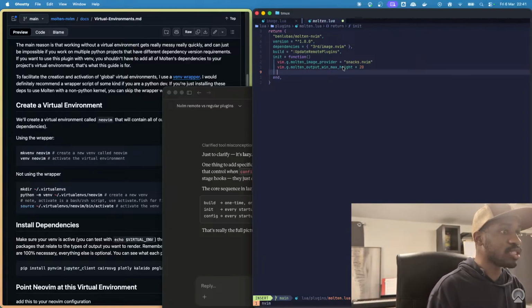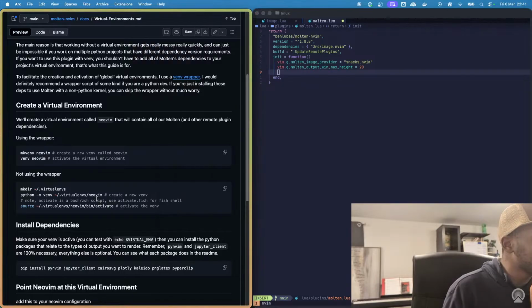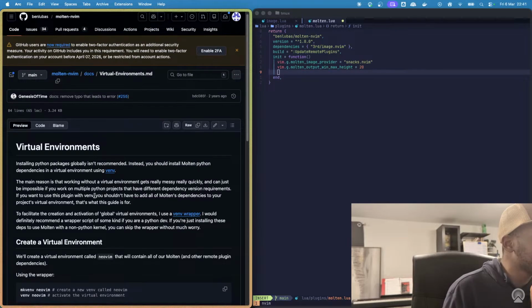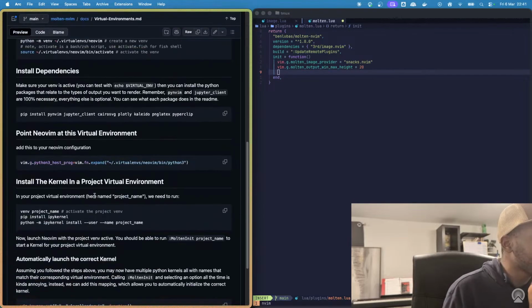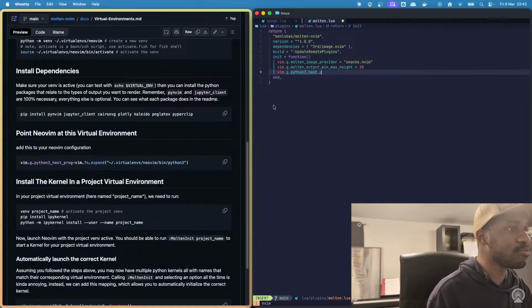I guess I'll have to execute this. No, I don't have to source this. I just have to set... I am very dumb. Indeed. Okay, I just have to set the variable, because Molten handles that on its own. Python 3 host program